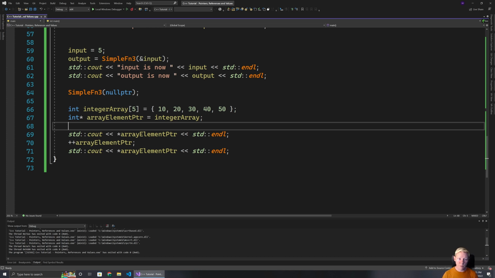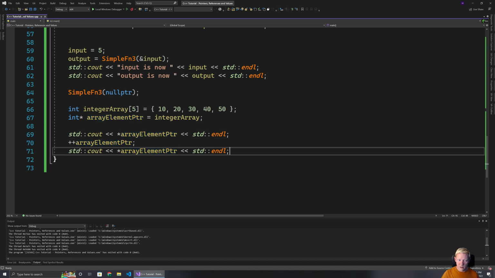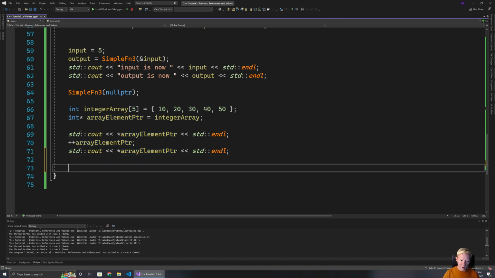So okay, we've seen what happens. We pass things by value, by reference. We've seen passing things using how we can create those references and pointers. And we've seen a little bit of stuff here with pointer maths, so that's good. What about diving in a little bit further, seeing a little bit more with references? So say I wanted to create a reference to that. So array element ref,